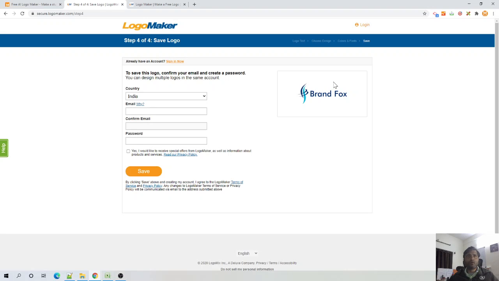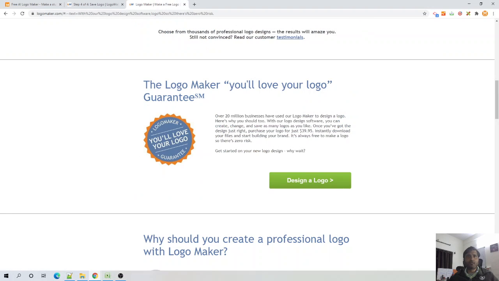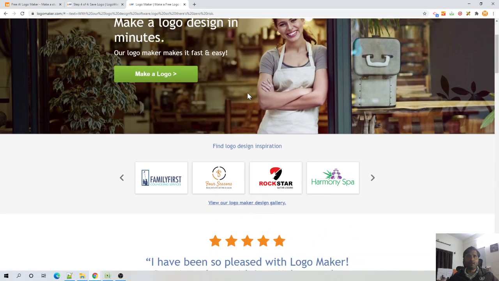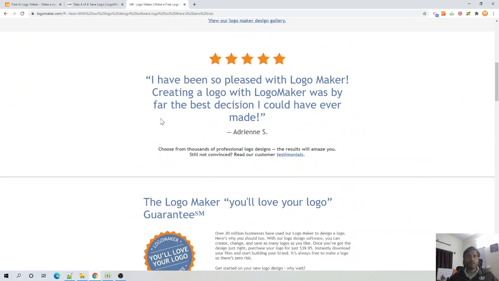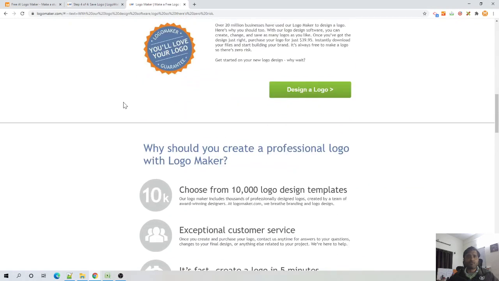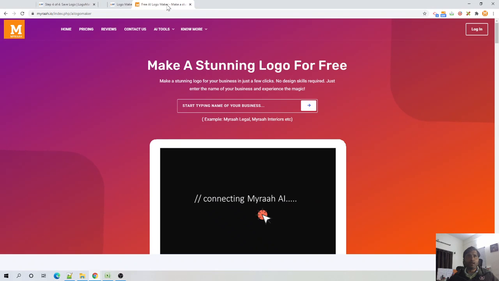If you want a high resolution version, they have shown the pricing here. It's $39, so roughly in Indian rupees it will be around 3000 rupees, right? So that's Logo Maker, quite an old site. A lot of designs to choose from. You can try that. Next one we'll look at today is Myra AI.